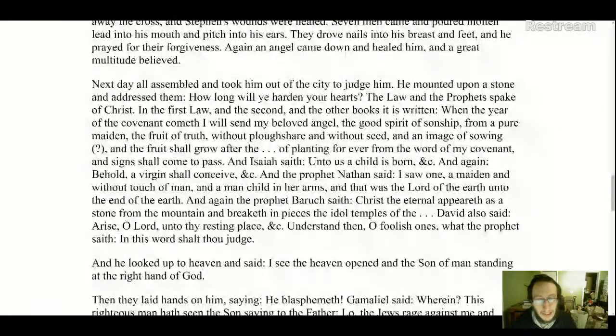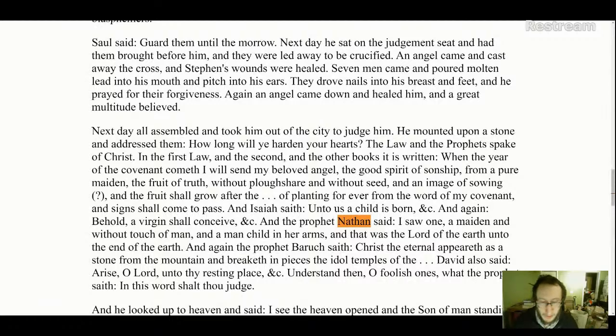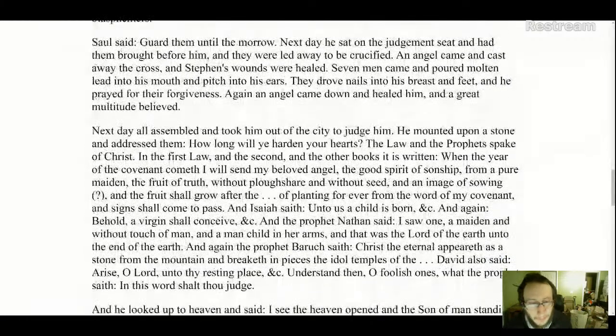We already talked about how some of the Psalms will be used for reconstruction of the Book of Nathan. And then we have something called the Apocalypse of Stephen, and that quotes from the Book of Nathan the Prophet. So let me show you. It says, these are various prophecies, claiming to be like virgin birth prophecies or whatever, prophecy of the Messiah.